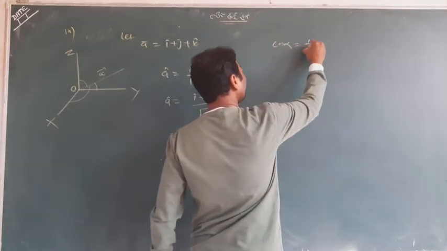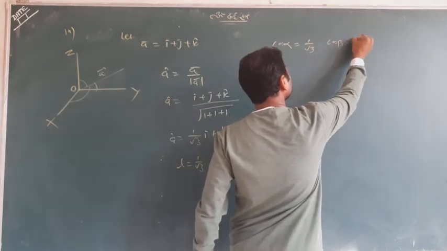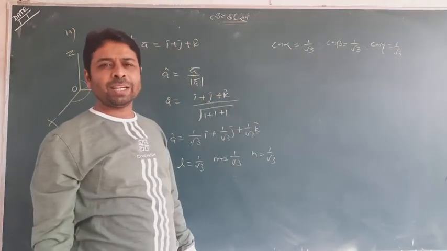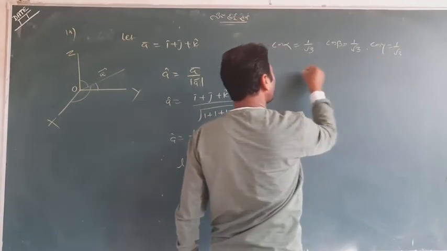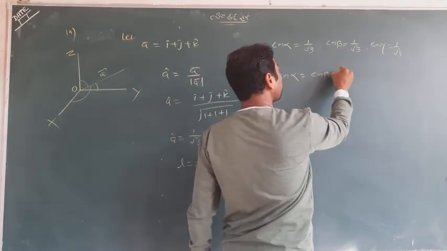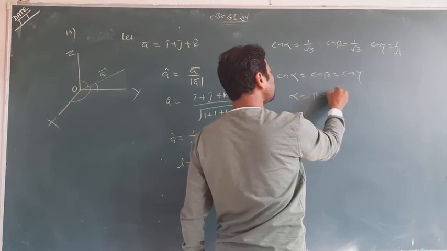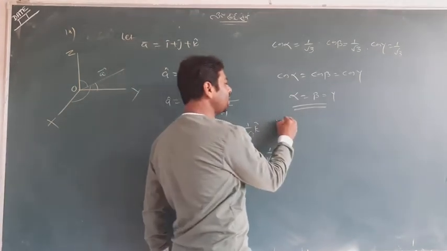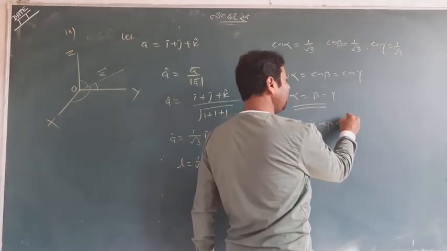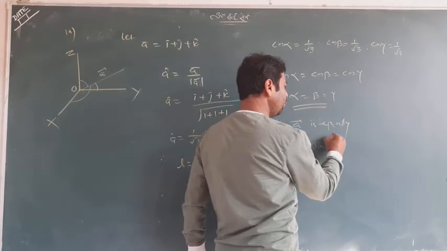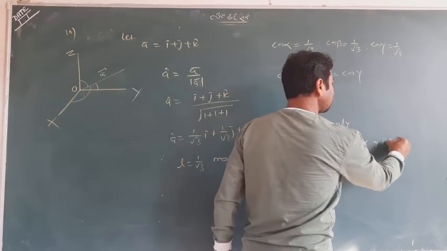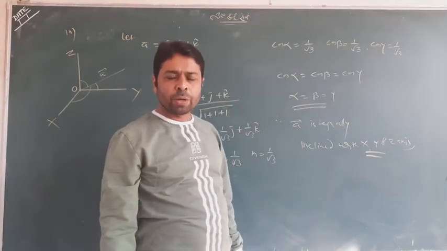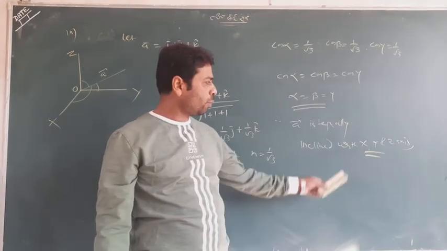L equals what? Cos alpha, m is cos beta, and n is cos gamma. So when all are the same, one can understand that cos alpha, cos beta, and cos gamma are all the same. And it means that alpha, beta and gamma are the same. And when alpha, beta, gamma are the same, we can say, therefore, vector A is equally inclined with x, y, and z axis. This language actually changes from your book. In the book it is told Ox, Oy, Oz. I wrote x, y, z.